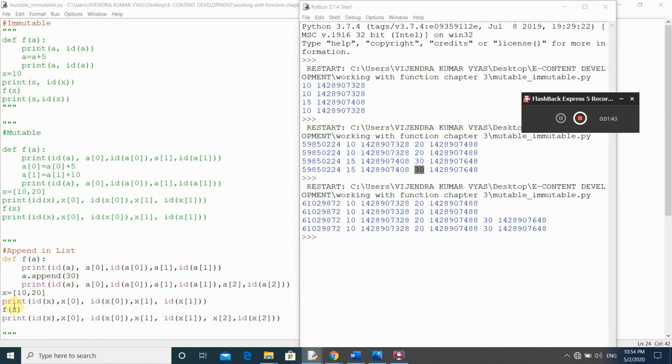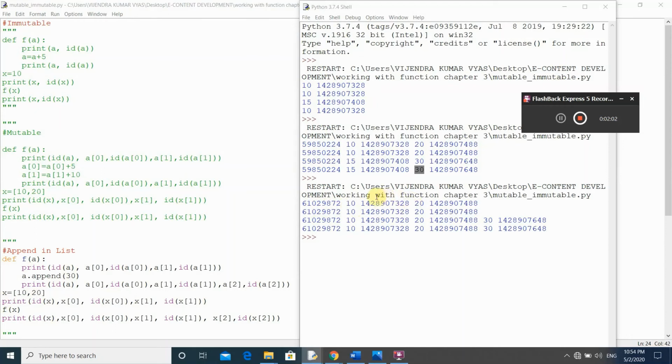So here you see after this print statement, the values are shown here. The address of x is 61029.872, and the value at x of 0 is 10.